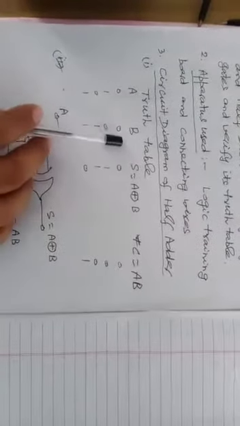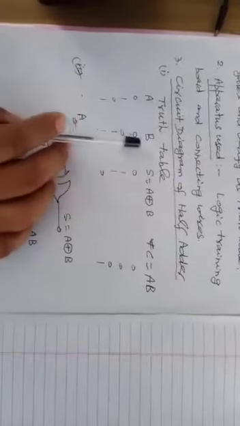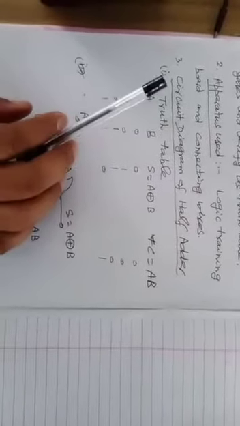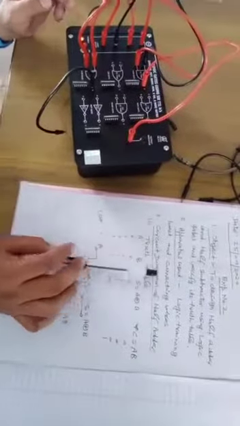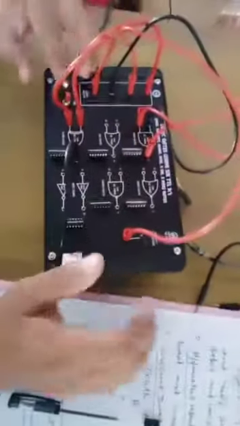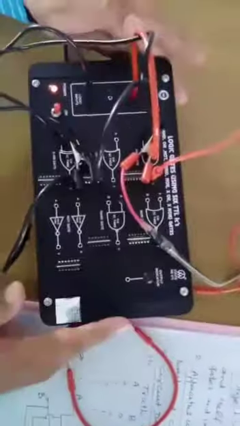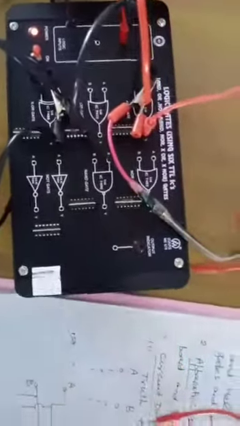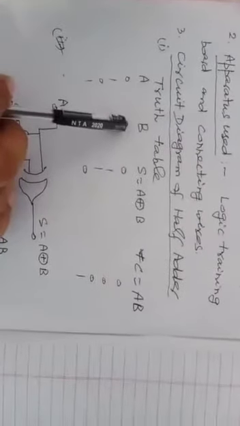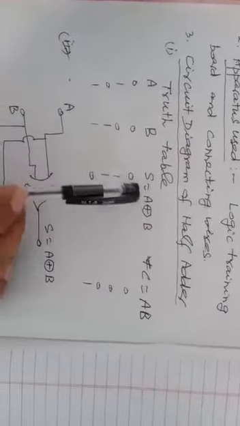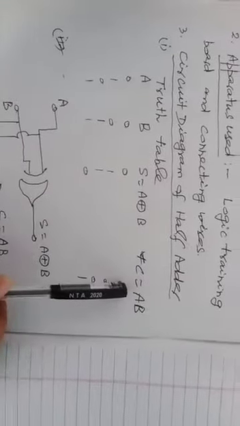Similarly, you can verify the 0 value. For this, we have to take same procedure. We have to give the 0 to all inputs. Just connect 0 to the 4 terminals. Now I am verifying the first truth table of the half adder, that is A is 0, B is 0, and at this time sum must be 0 and carry is also 0.